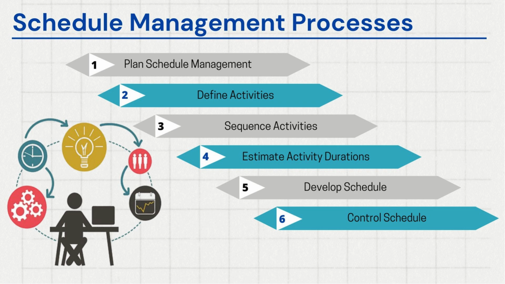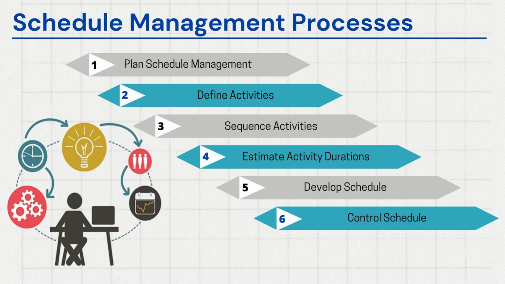Now talking about the various processes in the schedule part of the project, let's first understand the various processes involved as part of schedule management. It starts with planning, and that's typically how it happens. If you pick up any knowledge area, one of the important things we should be doing is planning. Once we have a plan in place, it becomes much easier for us to stick to it or refer to it and execute the schedule management activities.